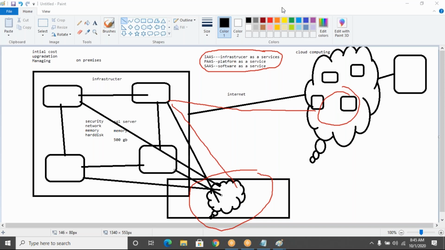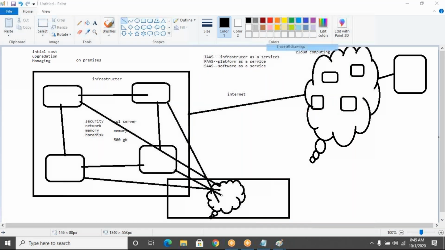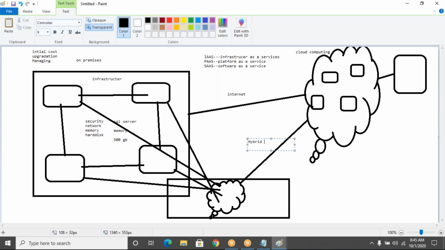So this is called hybrid. Some services are taken from the private, some services from the public. That kind of system we call a hybrid cloud. This is a private cloud. This is a public cloud.